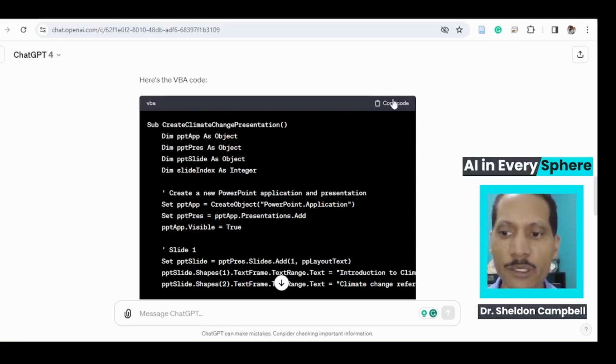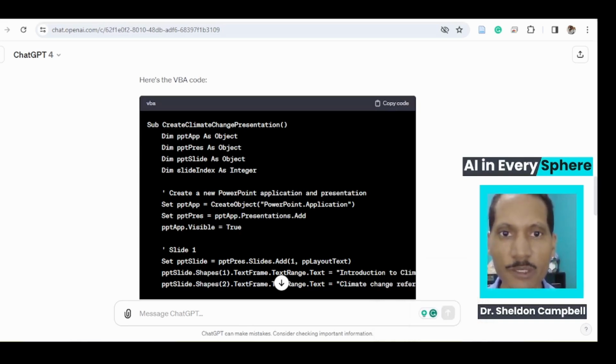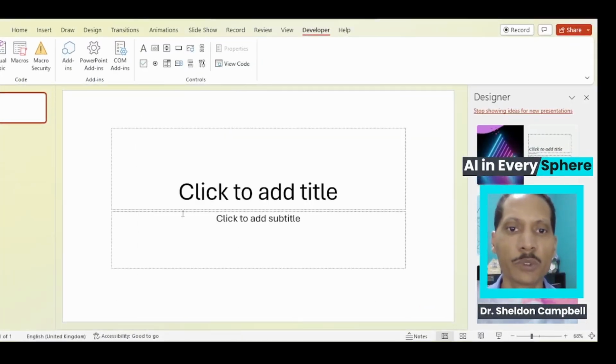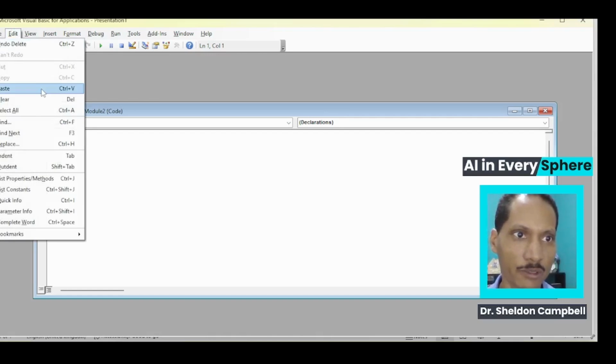So you would go right here, you click copy it. Then we go to PowerPoint, so click on PowerPoint. Then we would locate the developer tab, see developer right here, and in the developer tab you're going to go to Visual Basic. All right, let's click that, and in Visual Basic right here it says module. We will just copy and paste. The easiest way would be Ctrl V, or you could just click it here,